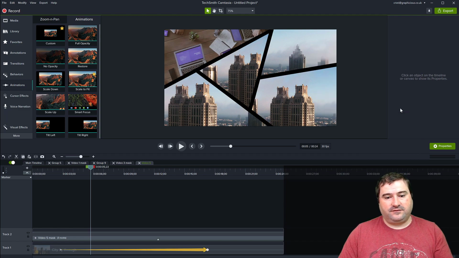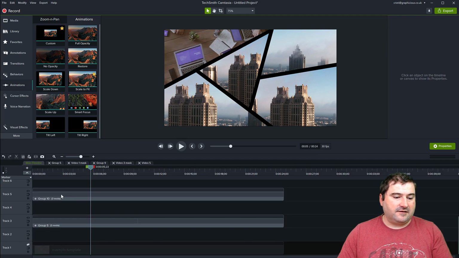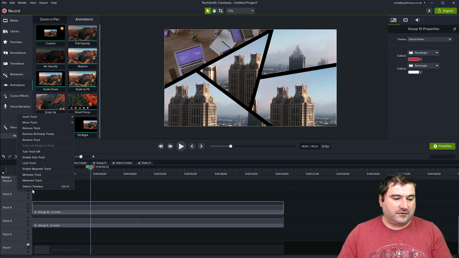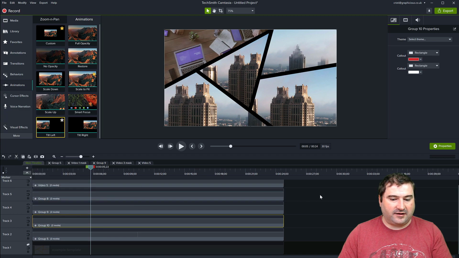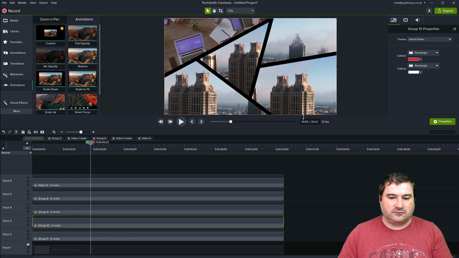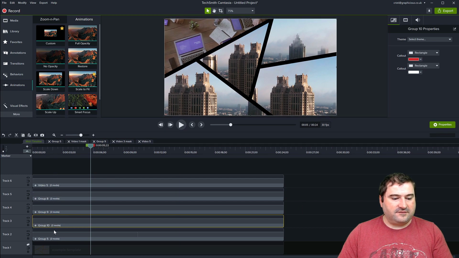But let's suppose you have other objects on the screen, or maybe your canvas needs to be black because you don't want to affect your canvas. Maybe you have an intro or something else that needs the black background. All you can do is really just go on the main timeline. Now you can pull these groups together. So you can right click on the tracks and say remove all empty tracks. So again, let me make some room here. So these are your 5 videos. Each one of them has a video inside of it.